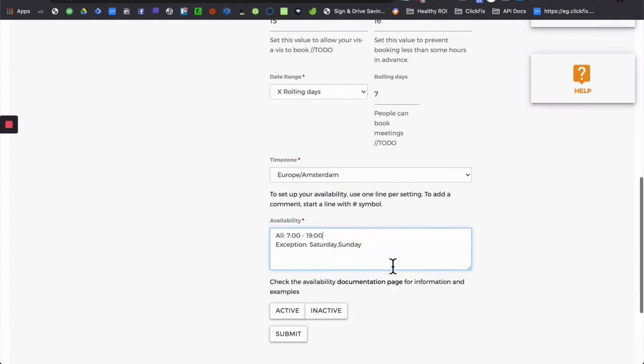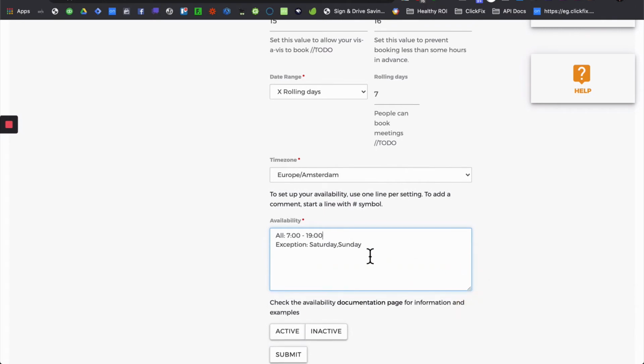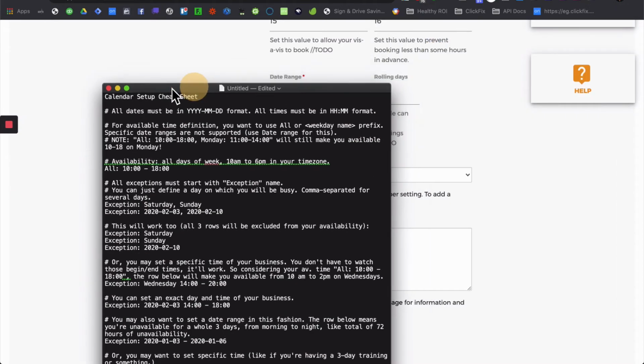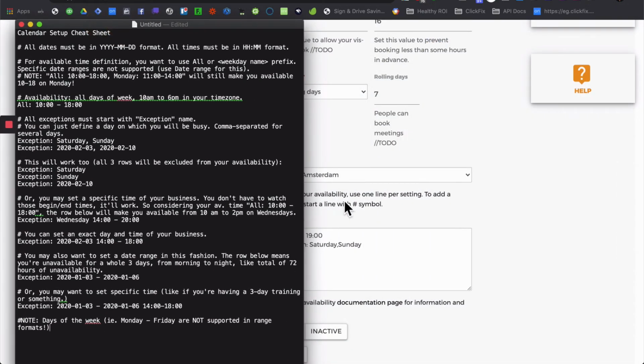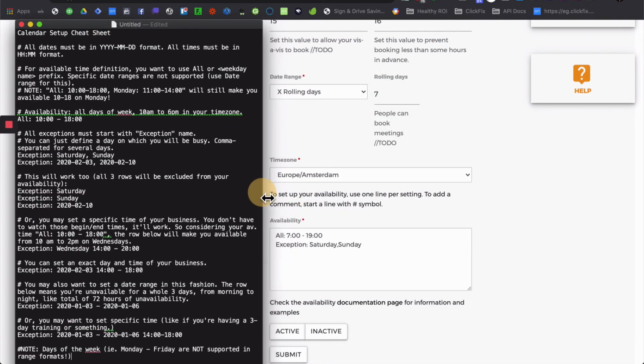Now in availability, at the moment, the way this is set up is that we need to refer to a cheat sheet, which you will see on the demo page where this video appears, and also if you're watching this on YouTube, then it will be in the actual description of the video. But let's go ahead and bring that up on screen so we can take a look at how this works. So availability is basically,